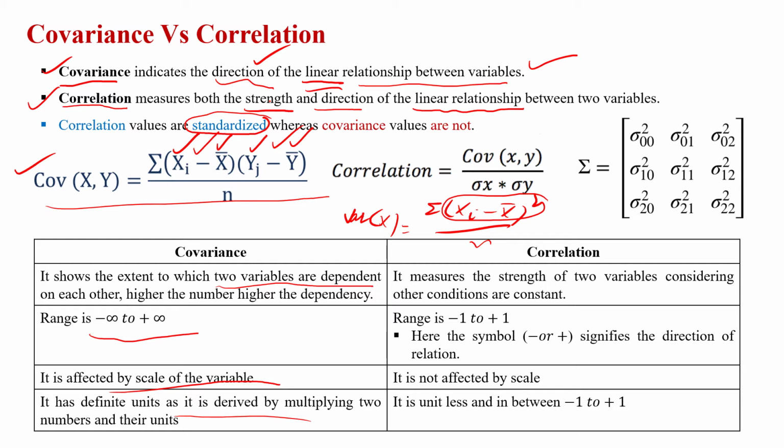The actual variable mean is not depending upon any particular unit. Whereas covariance is not using the standardized value, so that's why the answer of the covariance is unit dependent. Correlation is basically the standardized value, and we can standardize it by dividing the covariance answer by the standard deviation of the first variable and the standard deviation of the second variable. So the answer would be called a correlation.